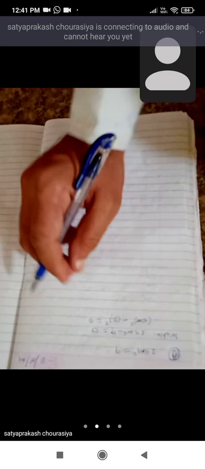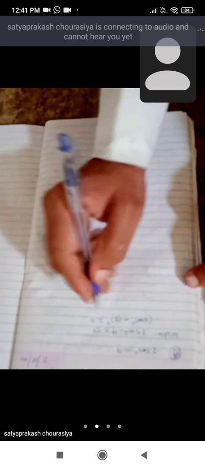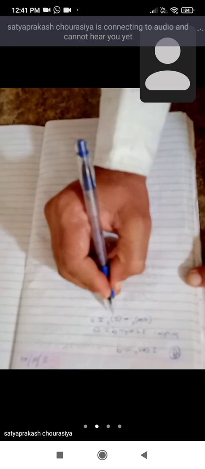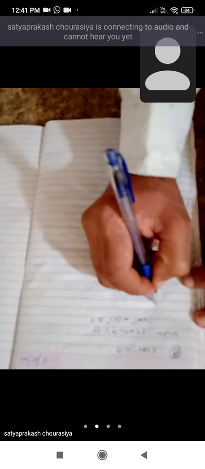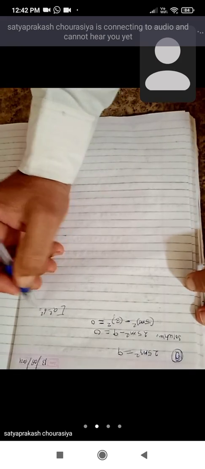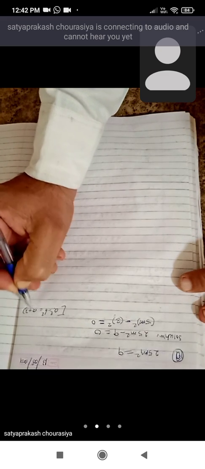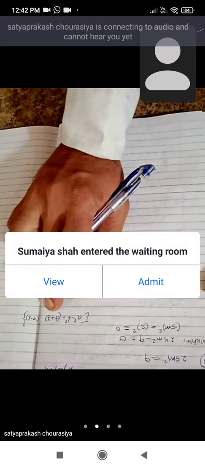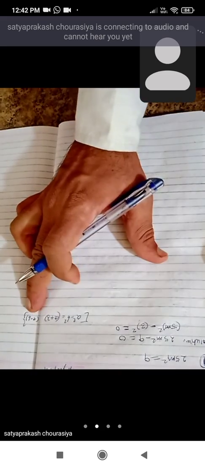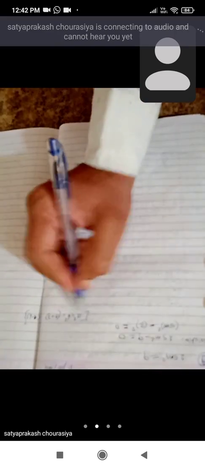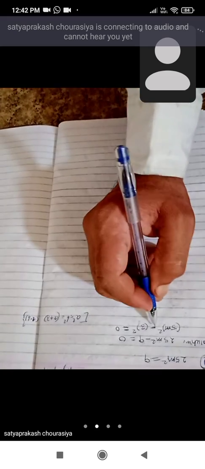ये 9 किसका स्क्वायर है, 3 का, so that's why (5m) square minus 3 square is equal to 0. ये हो गया आपका. (5m) square minus 3 square is equal to 0. Now see, this is in the form of a square minus b square. So now when you write in the product form, you will get a plus b and a minus b, because you know that a plus b times a minus b gives a square minus b square. So here the equation is given in this form, a square minus b square. Now I have written the form of the perfect square.